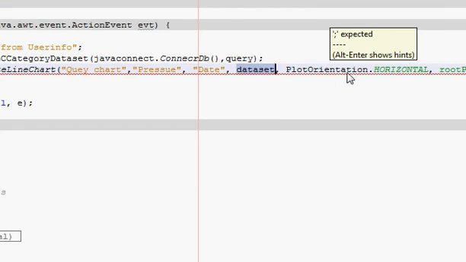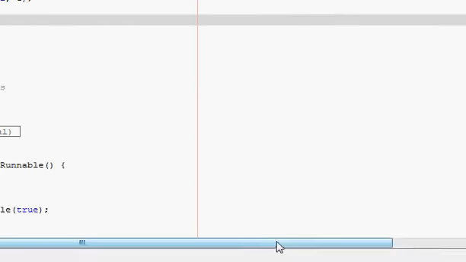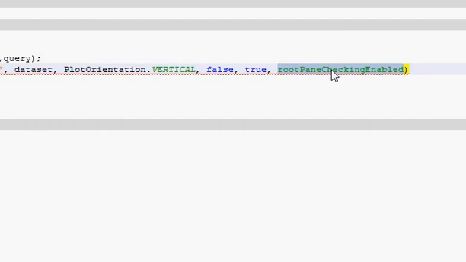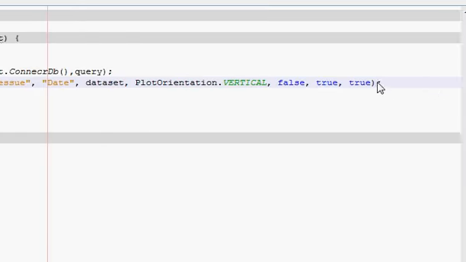After this you have to give the plot orientation. So I will set my plot orientation as plot orientation dot vertical, and after that you must write false, true, true, and end bracket. So we have written this code,